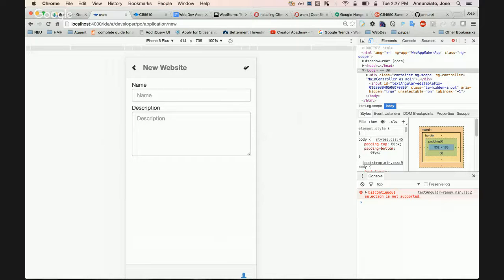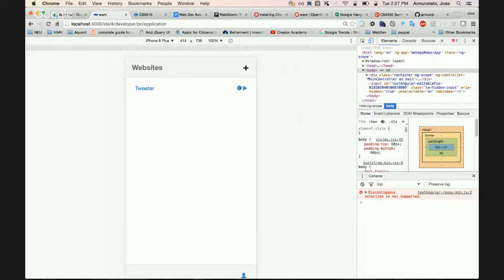Let's say we want to build Twitter. And a description, perhaps. I say OK, and notice that it comes back to the list of my applications. And notice that the website I just created is listed on the left-hand side, and on the right-hand side are a couple of icons that presumably give a hint that one of them is like a cog, where perhaps I can change settings, and this triangle, which suggests that I can run the application.